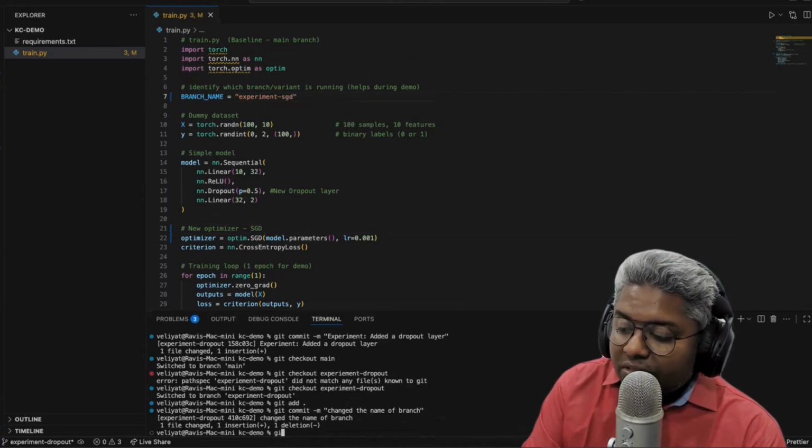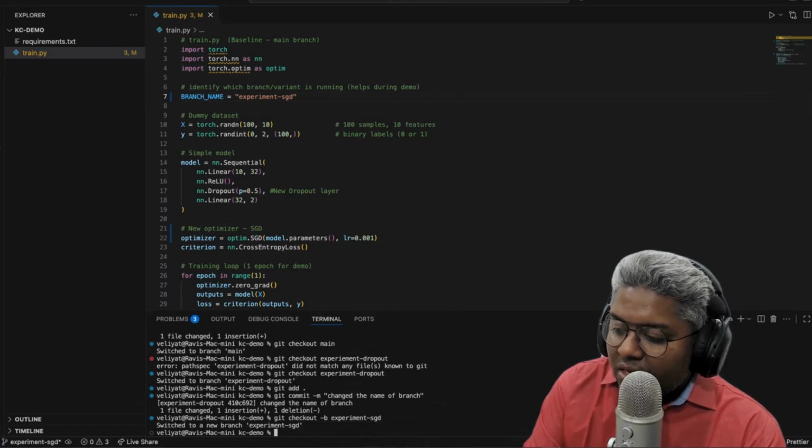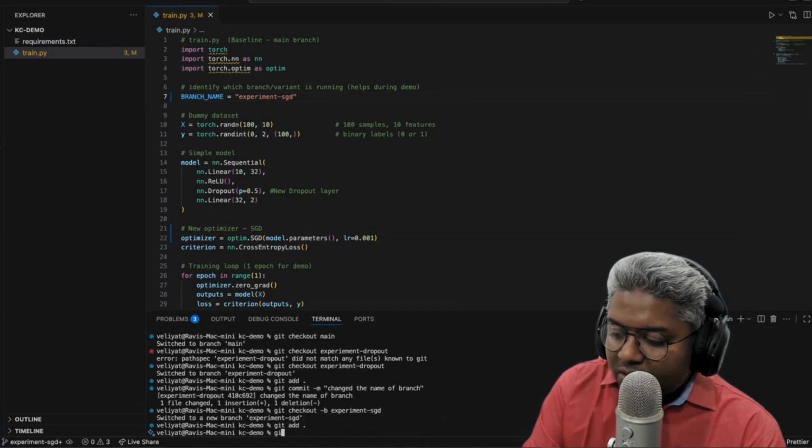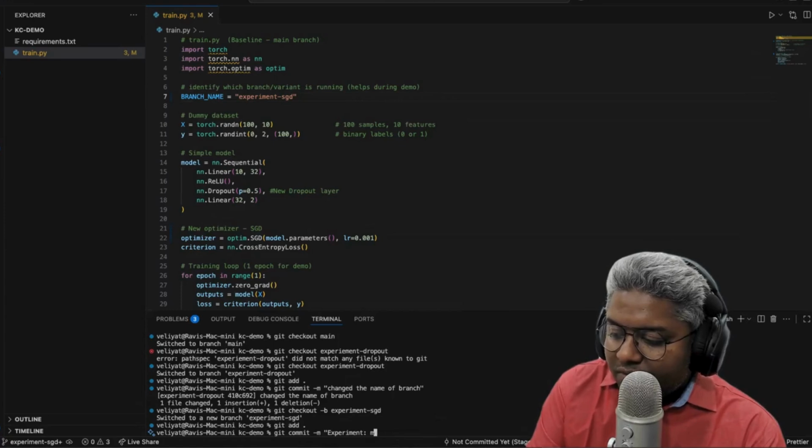So what I'll do is git checkout -b experiment SGD, and I'll add everything. So git add dot, git commit -m experiment added or modified the optimizer. So modified optimizer